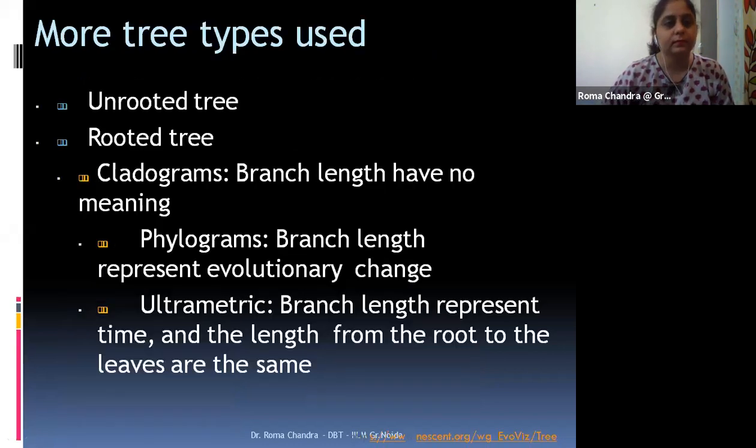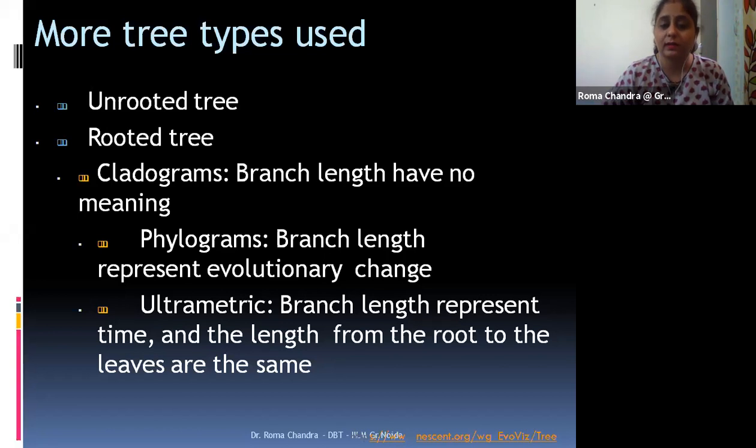There are other kinds of trees as well besides unrooted and rooted, as I told you: cladogram, dendrogram, and phylogram. In a cladogram, the branch length is there, but it does not convey any useful information. In phylograms, we represent the branch length, and it represents the evolutionary change.